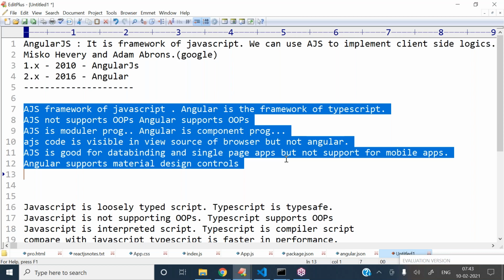These are the main differences between AngularJS and Angular. Is it clear?